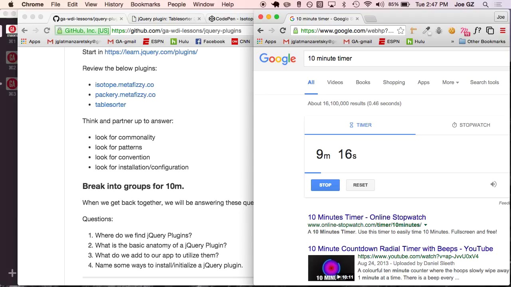It says that they try to minimize the plugin footprint. So they're all just, in general,